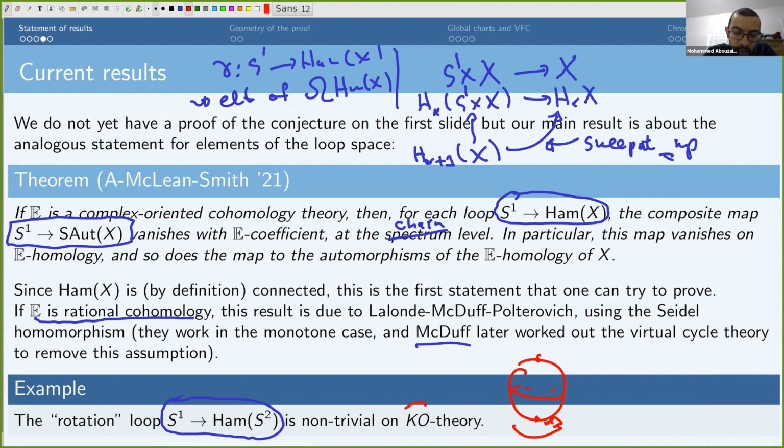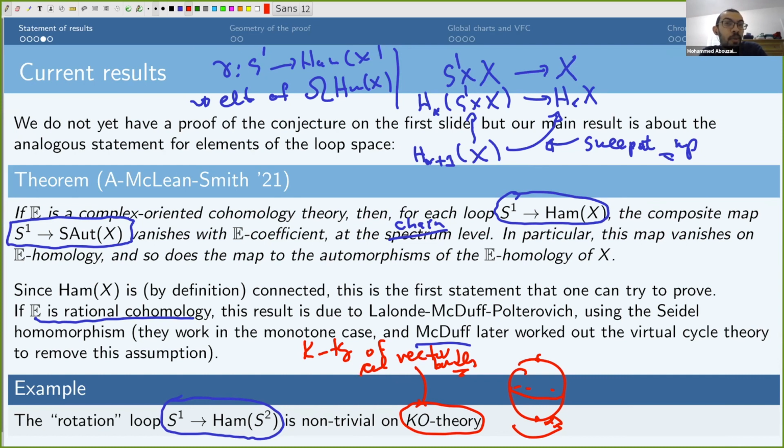But if you look at real K-theory, so this is basically the K-theory of real vector bundles, then this map is non-trivial. On the other hand, we prove that it's trivial for complex cobordism. So I don't want to suggest that the vanishing for complex cobordism is provably optimal, but this strongly suggests it, because if you try to think about any natural geometric thing that's not complex cobordism, your first guesses are going to be basically